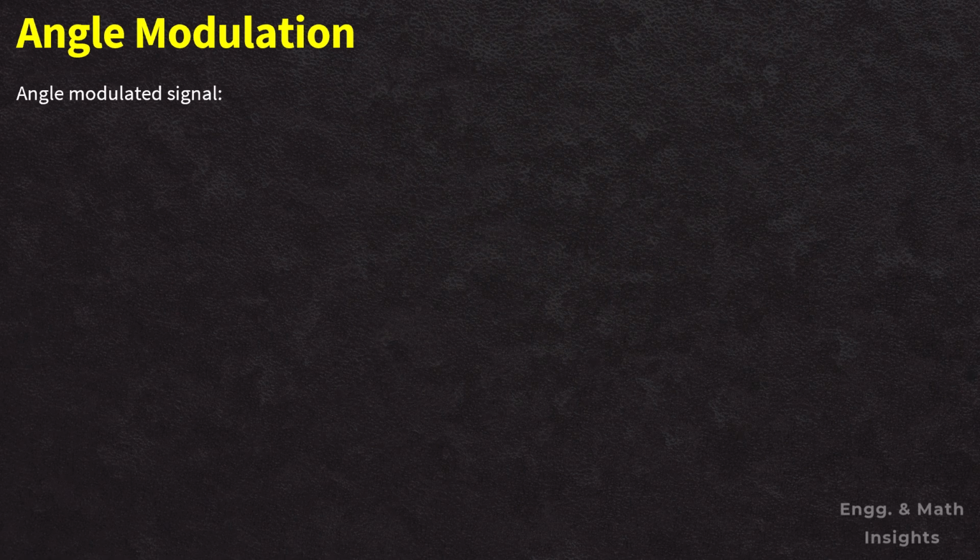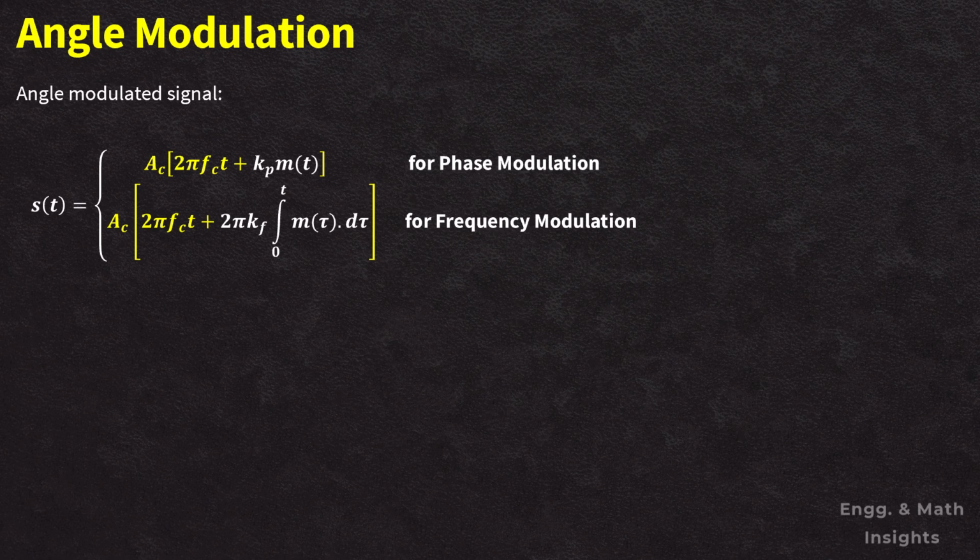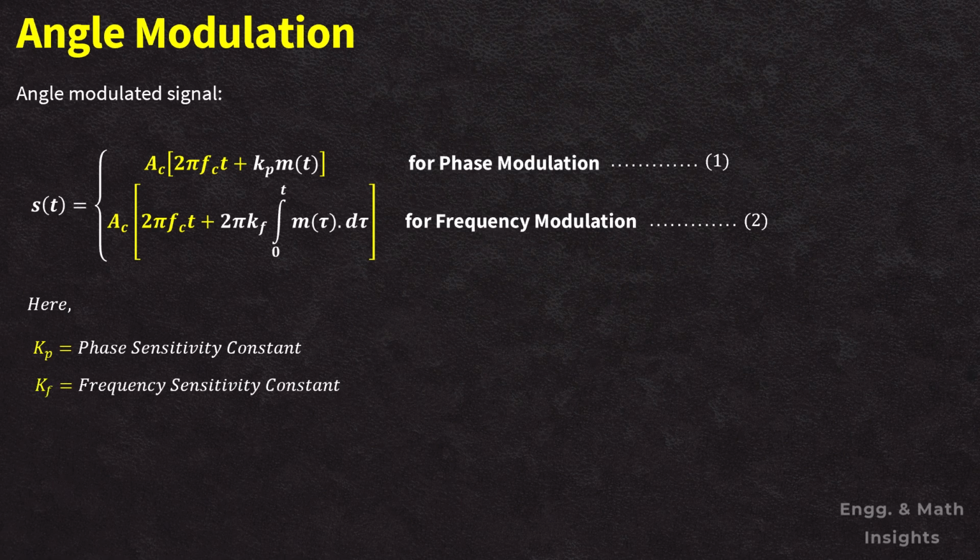Angle modulated signal s(t) can be written as s(t) is equal to Ac cos(2 pi fc t plus Kp into m(t)) for phase modulation. Identify this as equation number 1. And s(t) is equal to Ac cos(2 pi fc t plus 2 pi Kf integration from 0 to t m(tau) d tau) for frequency modulation. Identify this as equation number 2, where Ac is the carrier amplitude, fc is the carrier frequency, m(t) is the modulating signal or message signal, Kp is the phase sensitivity constant for PM and Kf is the frequency sensitivity constant